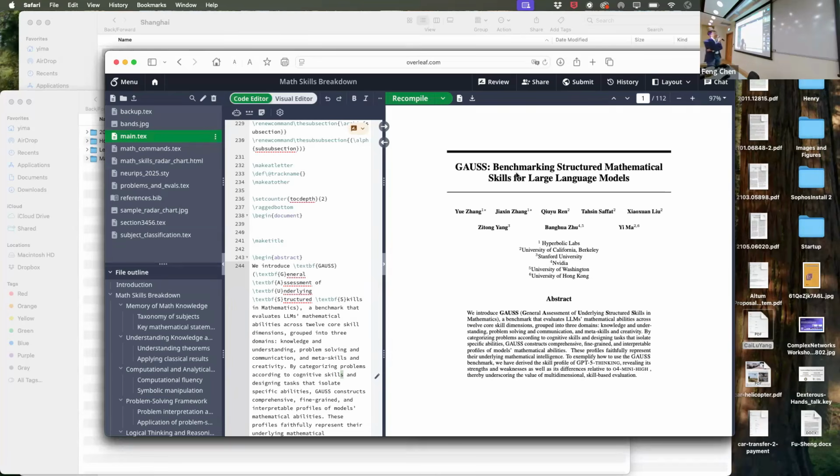So the question is, how do you really test language and mathematical skills? If they aced a benchmark and got 100 points, do they really understand what they're doing? The question is really about understanding what a large language model is. Today, in this course, you will learn the principles behind those models.